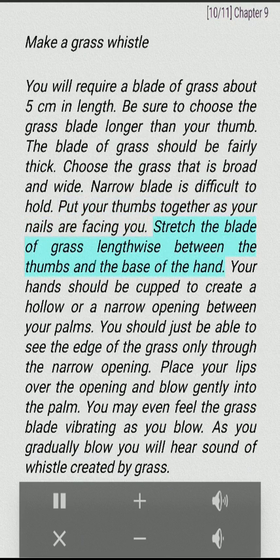Put your thumbs together as your nails are facing you. Stretch the blade of grass lengthwise between the thumbs and the base of the hand. Your hands should be cupped to create a hollow or a narrow opening between your palms. You should just be able to see the edge of the grass only through the narrow opening. Place your lips over the opening and blow gently into the palm. You may even feel the grass blade vibrating as you blow. As you gradually blow, you will hear